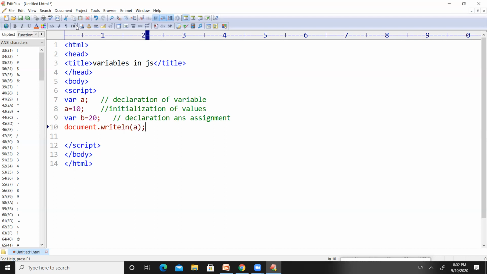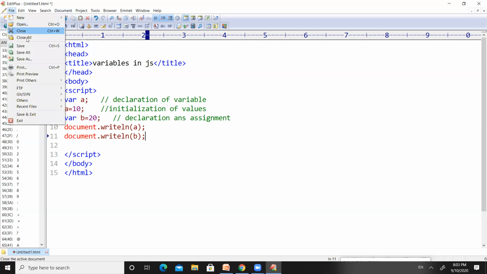So if I use document.writeln of a, it will print 10 on the output screen. And similarly, if I want to print the value of b over the output screen, use document.writeln of b. So that will print 20 on the output screen. So this is how we can declare variables in JavaScript, and we can print the values of the variables in JavaScript, right?